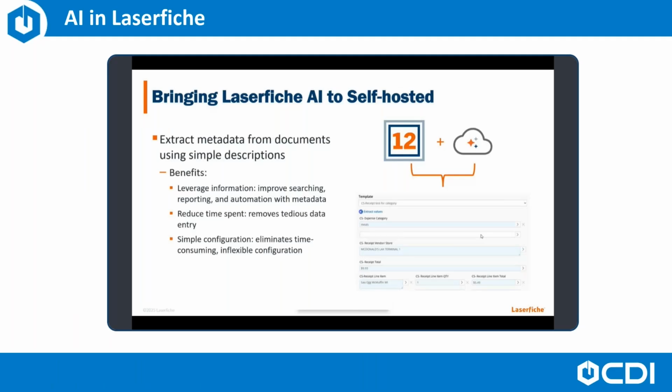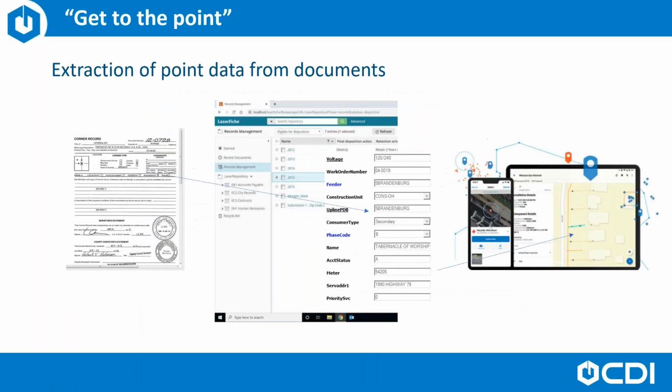The new Laserfiche AI tools and strategies from CDI will help you structure that data so as to improve search, usability, integrate content into other applications, and even push that data out to an AI agent or LLM for model training, summarization, extraction, etc. One of the key ways that CDI is transforming document archival systems is to extract specific information from documents into structured metadata for use in integrations, AI, and as data sources.